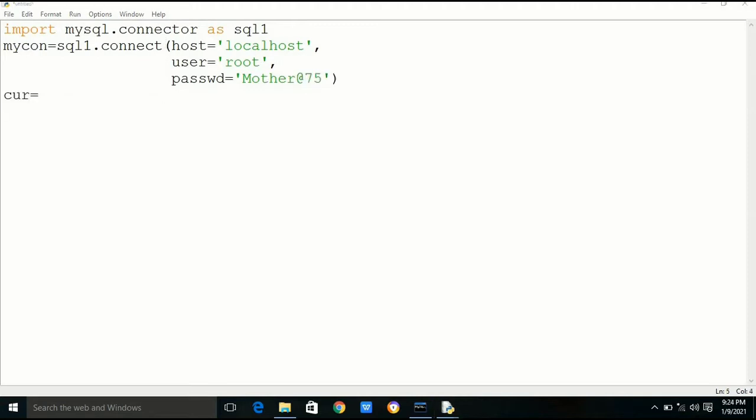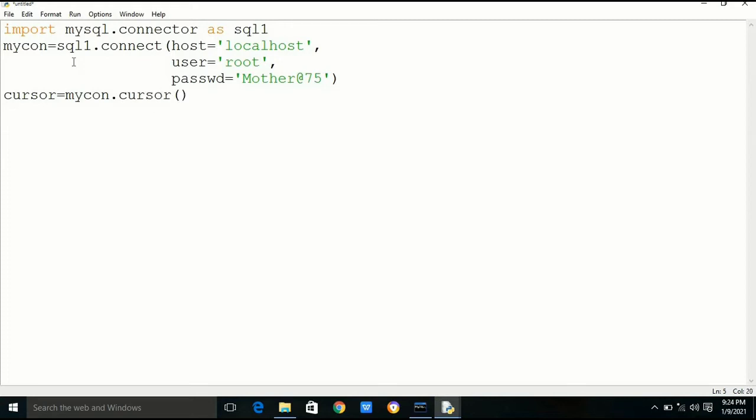Now we will create a database cursor, which is useful to control the structure of database connectivity. The syntax to create a cursor object is cursor is equal to myCon.cursor.